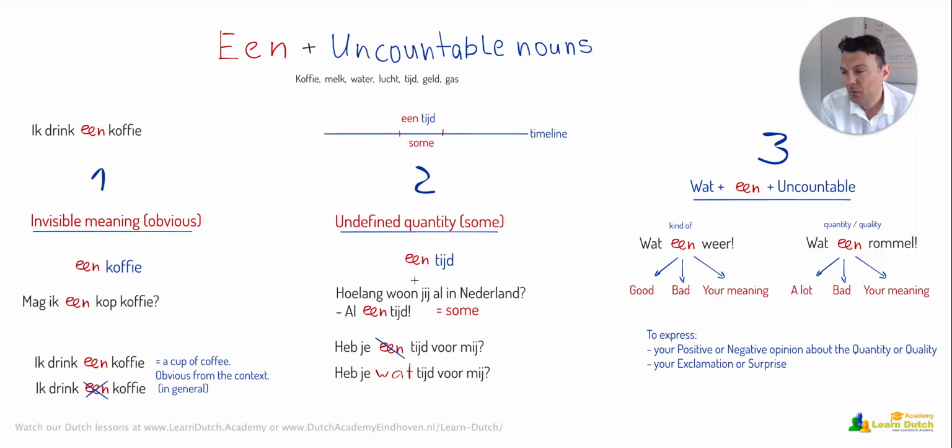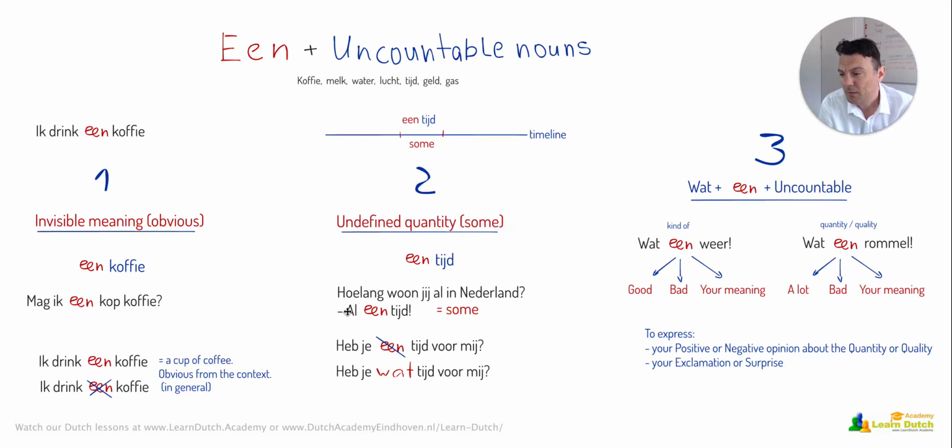Sometimes we use een with tijd. And what does it mean? Here's an example. Hoe lang woon jij al in Nederland? How long have you been in the Netherlands already? Al een tijd. Already. So what is een in this context? Now what is time? Let's imagine this as a timeline, without beginning and without an ending. Now we're making time countable by adding een. So what is een tijd? Just some time. What is some? It's an undefined quantity of time. So you can reply